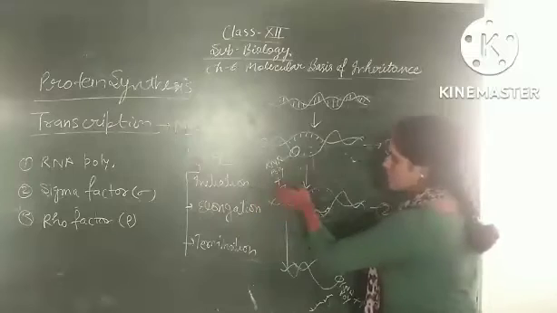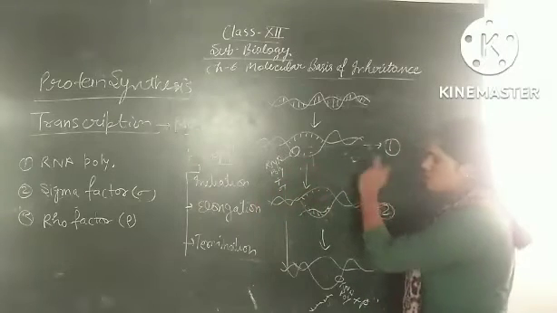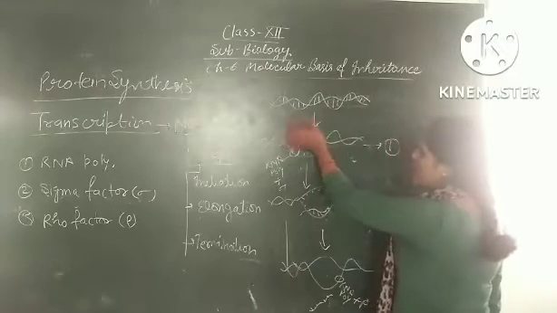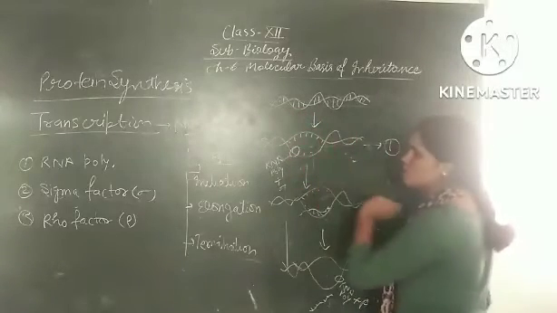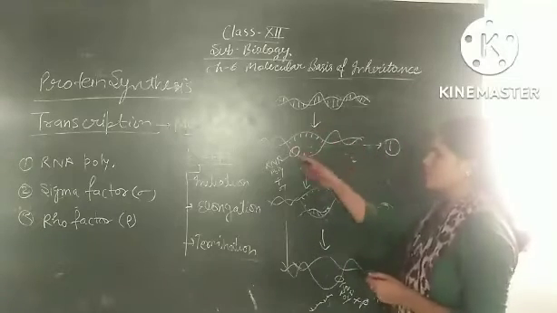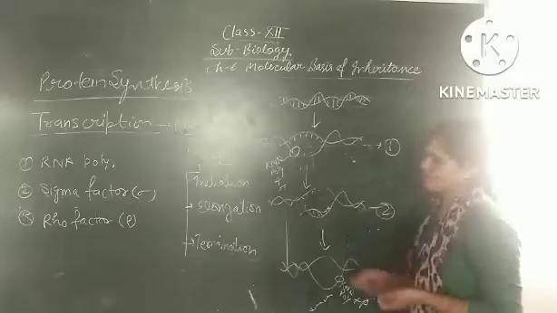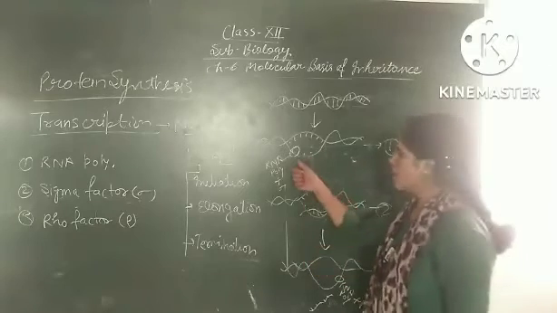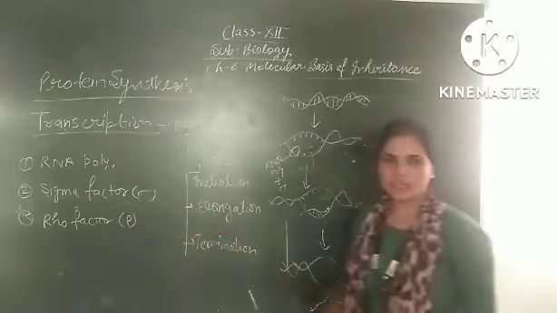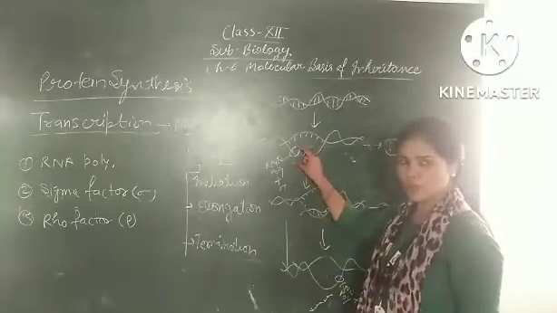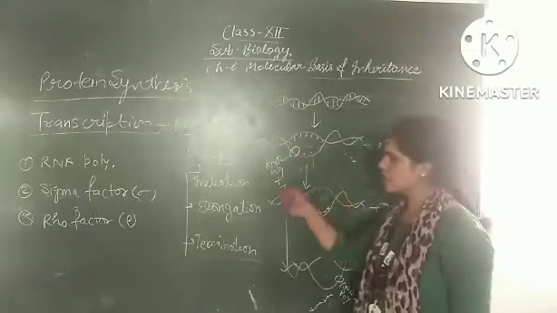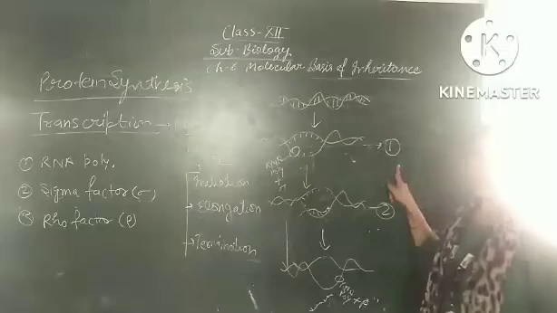the first step, initiation, starts. For the initiation, we need two enzymes. From this transcription unit, helicase enzyme comes and opens these hydrogen bonds to separate these strands. This area is called the transcription bubble. In this transcription bubble, at the promoter site, RNA polymerase plus sigma factor attach to the promoter site and initiate the transcription process. That is why this step is called initiation.